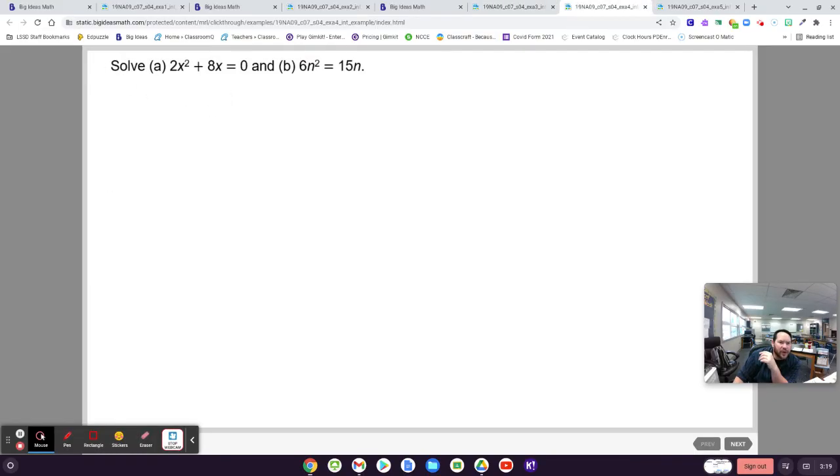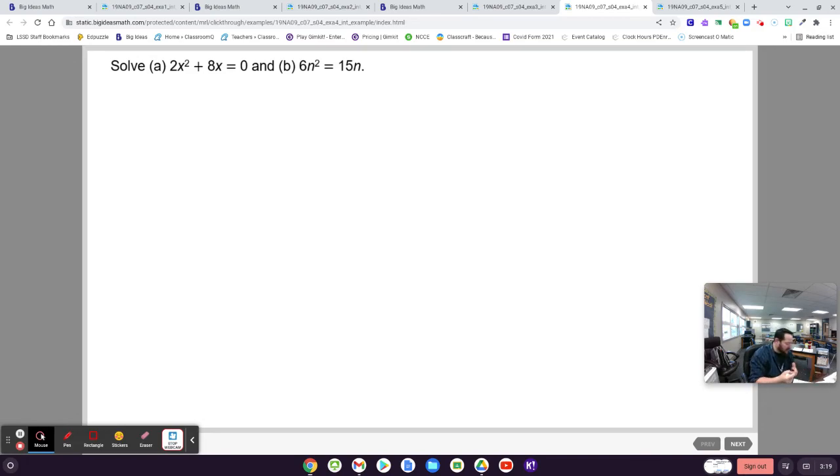Okay, so try to solve this one, 2x squared plus 8x equals 0. You're going to have to factor out a term first. In fact, let's ask you a question and then have you try to solve it. What is a good GCF? Well, what is the GCF for 2x squared and 8x? Yeah, it's 2x. So you're going to start by pulling out a 2x,